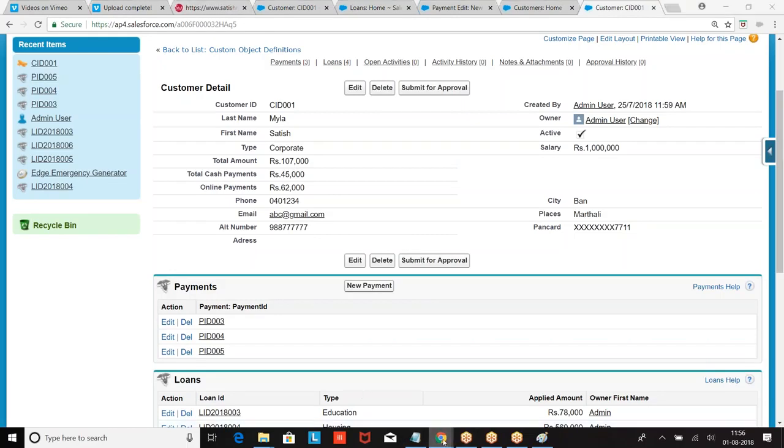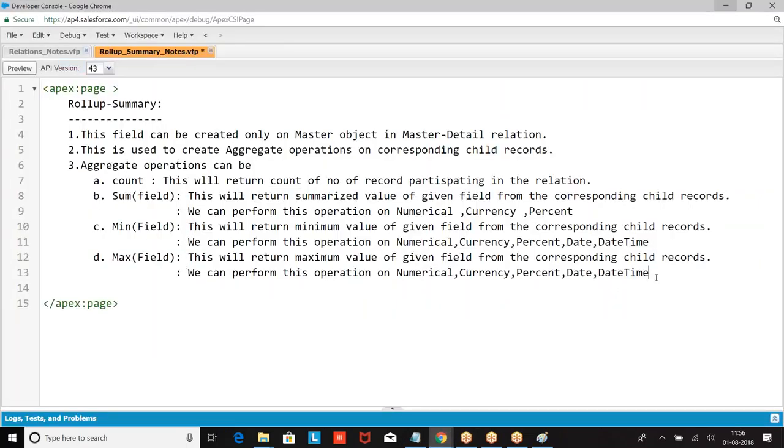So let me continue the remaining theory. We can specify which child record should participate.